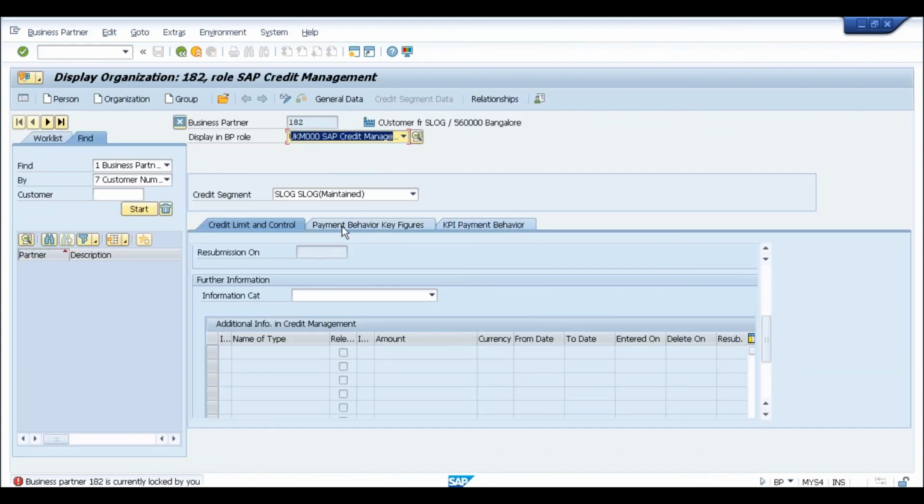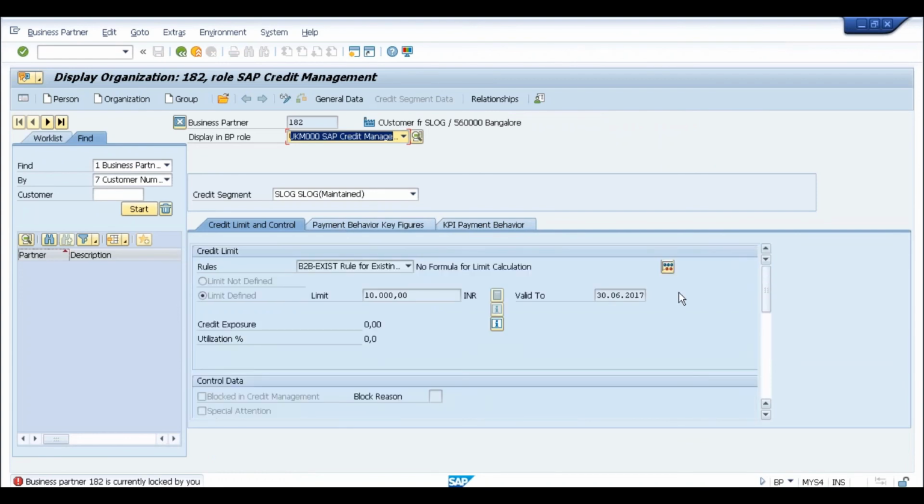If I go to this information, yes, 10,000 has been defined as the credit limit of this customer. Now if I process a sales order and the value goes beyond this limit, I'm expecting that the system should give an error. It should provide the warning message that the sales order is exceeding by whatever amount.